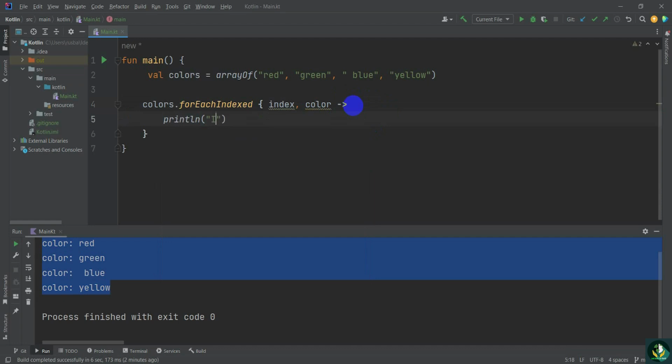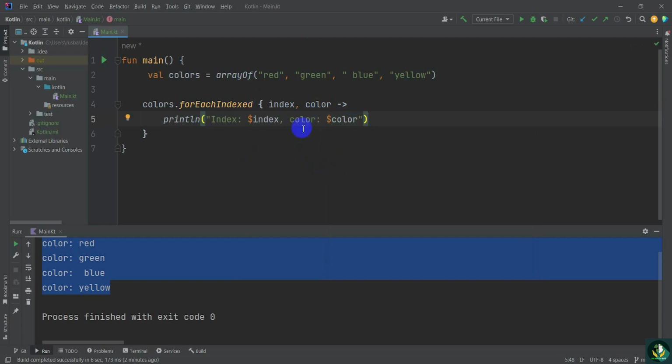Okay, and then create the clone, and then type the dollar sign for index. Okay, and I'm also using it for the color. Okay, and create the clone. So now first of all I type the dollar sign, and then create it for the color. Okay, so now this code is already completed, and here I'm using the forEachIndexed